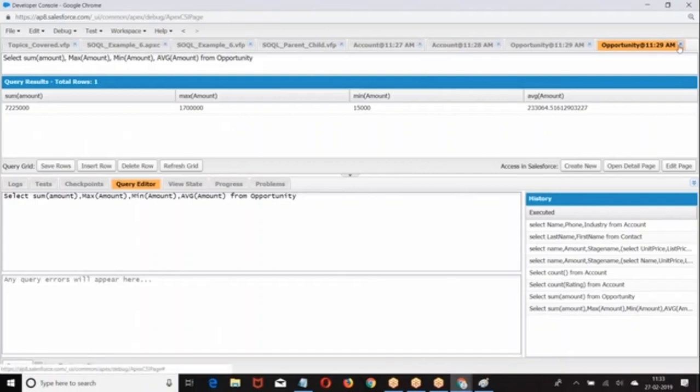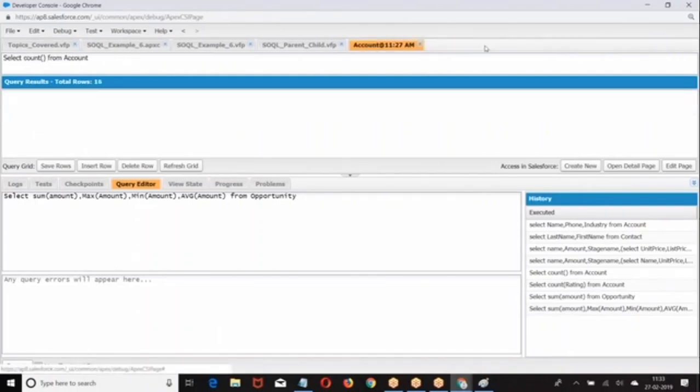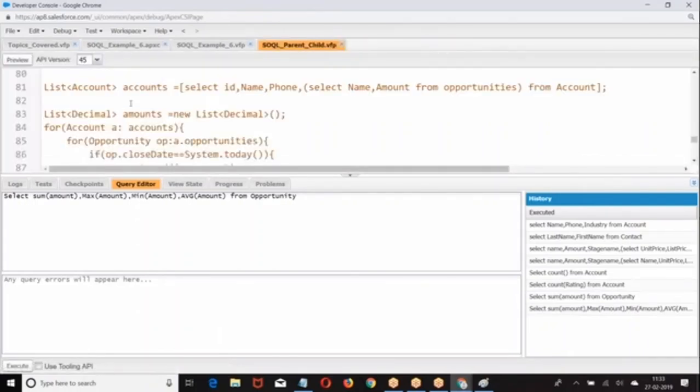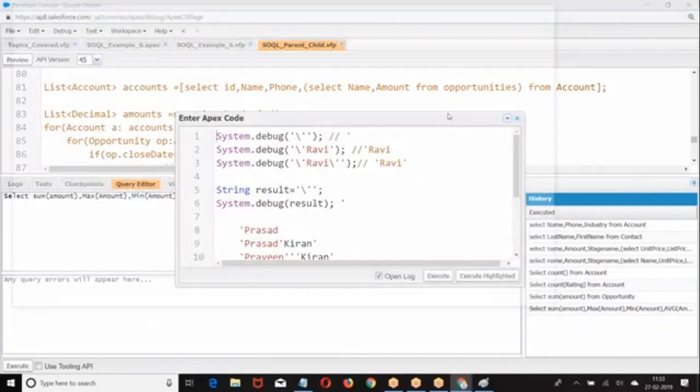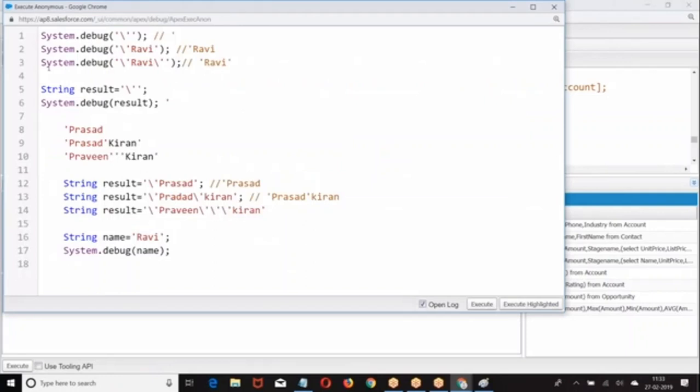I hope people have followed this example. Anyone has any query on that? Let me execute one example.